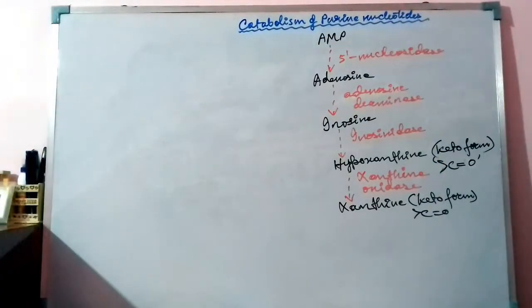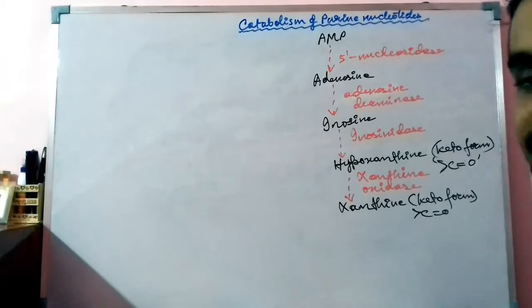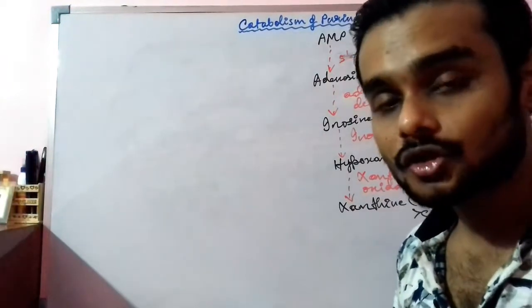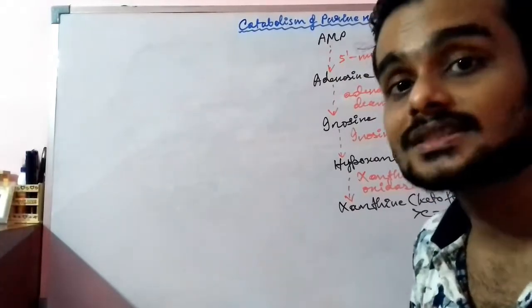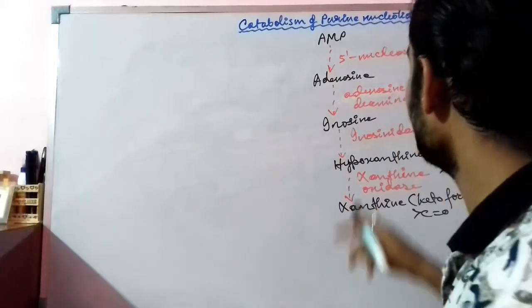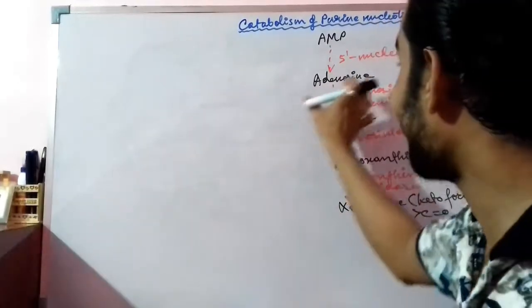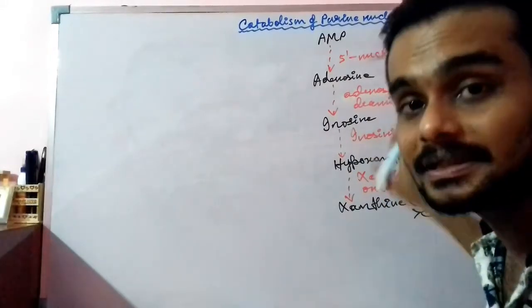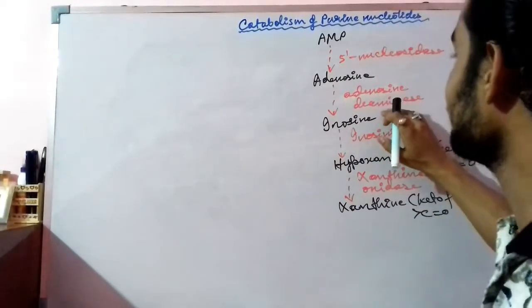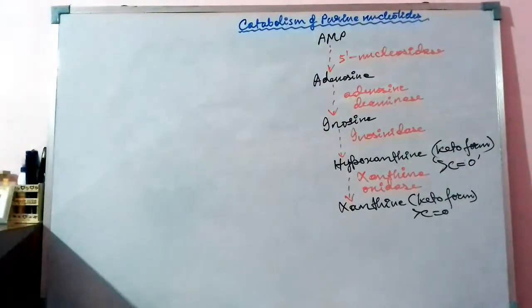Now, I'm going to let you know that AMP, adenylate monophosphate, in the presence of 5' nucleosidase. Nucleosidase means it helps in breaking off the pentose sugar along with the nitrogenous base, that is adenine, right? It is leaving behind what? The phosphate, only the phosphate group, PO4. Hence is the formation of adenosine. Adenosine means it's leaving behind the phosphate and adenosine is being extracted from the adenylate monophosphate. And now adenosine deaminase. Deaminase means it's removing the amine group. So when it's removing the amine group, it is forming the inosine residue.